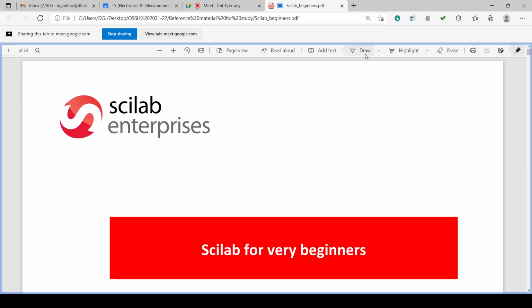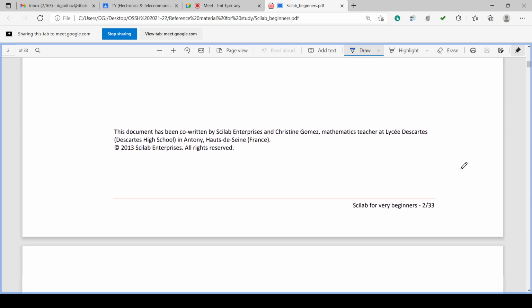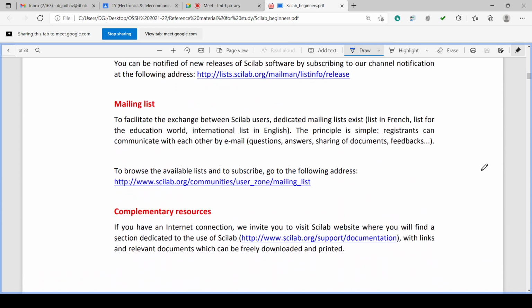So Scilab is the scientific language, as we know, and this document I have shared with you on Google Classroom, and this is the 5th chapter of the Scilab open source software and hardware. So we have discussed some details about the software yesterday,